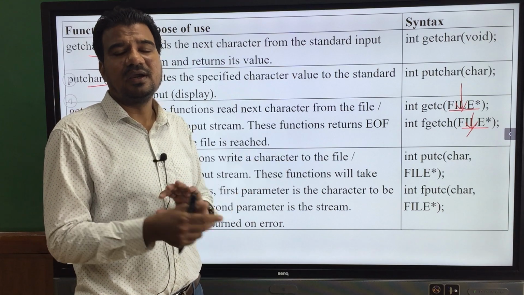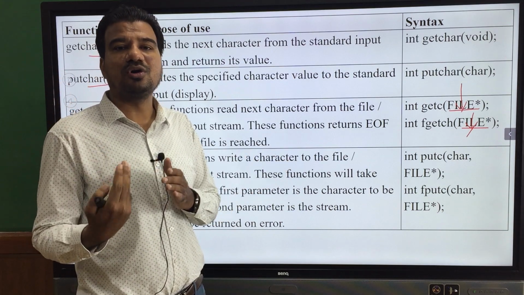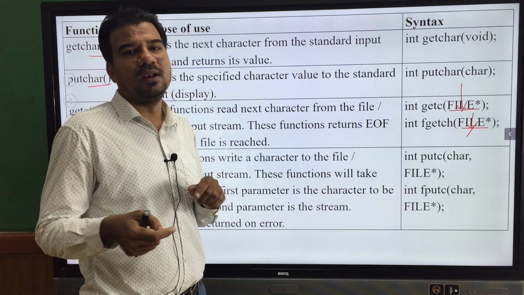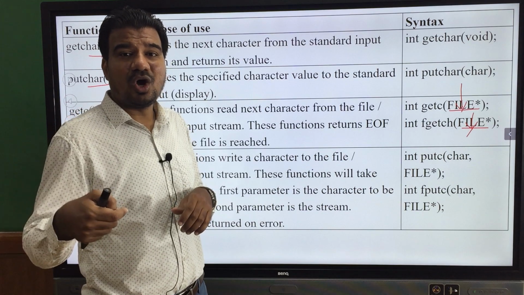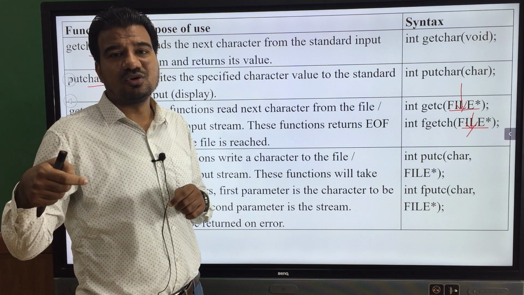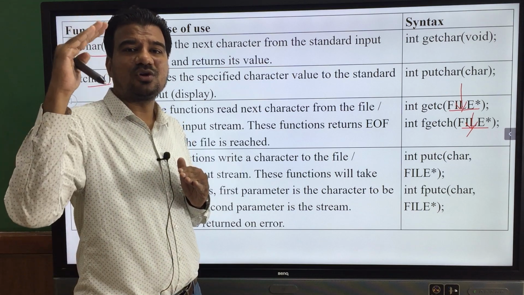A socket is nothing but your network port, which we use to get the internet connection into your computer by connecting a cable, isn't it? That cable is also a point of input output. If you are uploading something to the internet, that is sending data, outputting data to the internet.